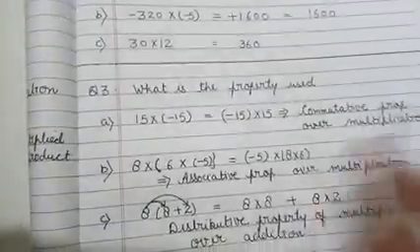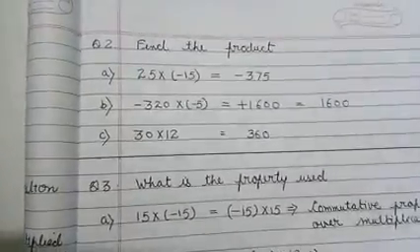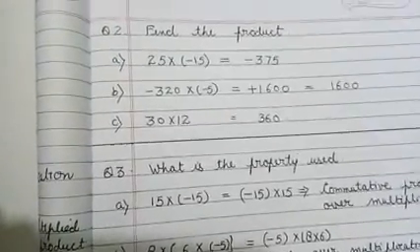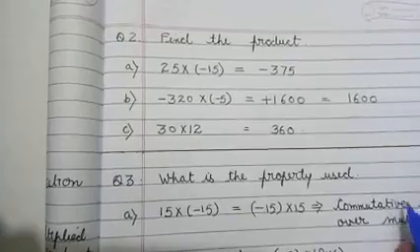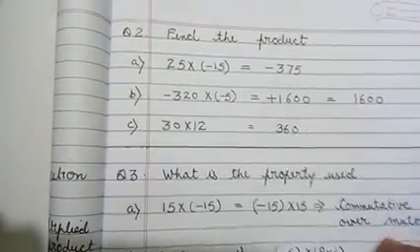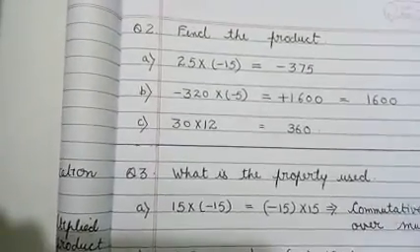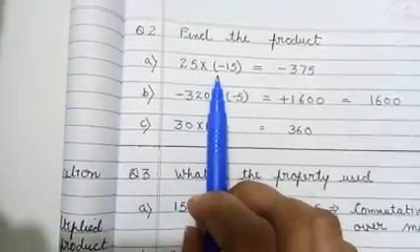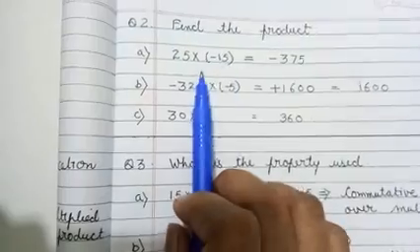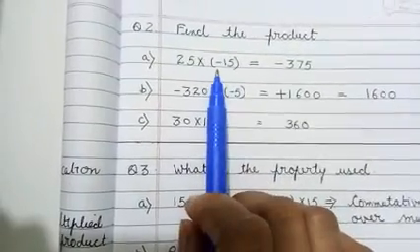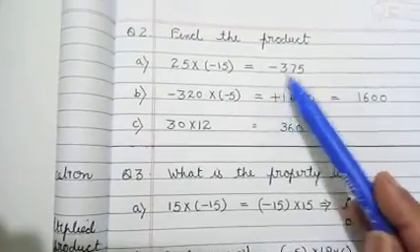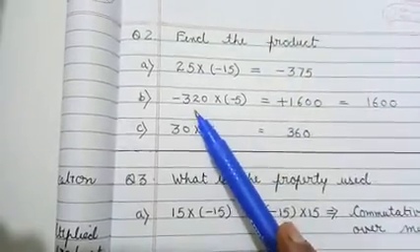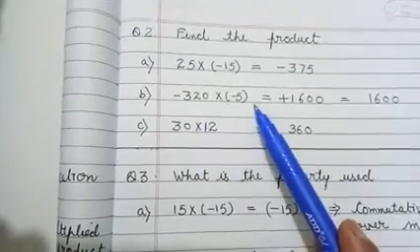Now look at question number 2, which is of the product. What do we have to tell? Find the product. Very simple, class, as you know, हमें multiply करके ही अपना आंसर लिखना है. But we have to take care of the sign. Which sign do we have to put? Now see, class, 25 multiplied by minus 15. How many negative signs are there? Only 1. So 1 is an odd number. Which sign will we put? Minus sign.